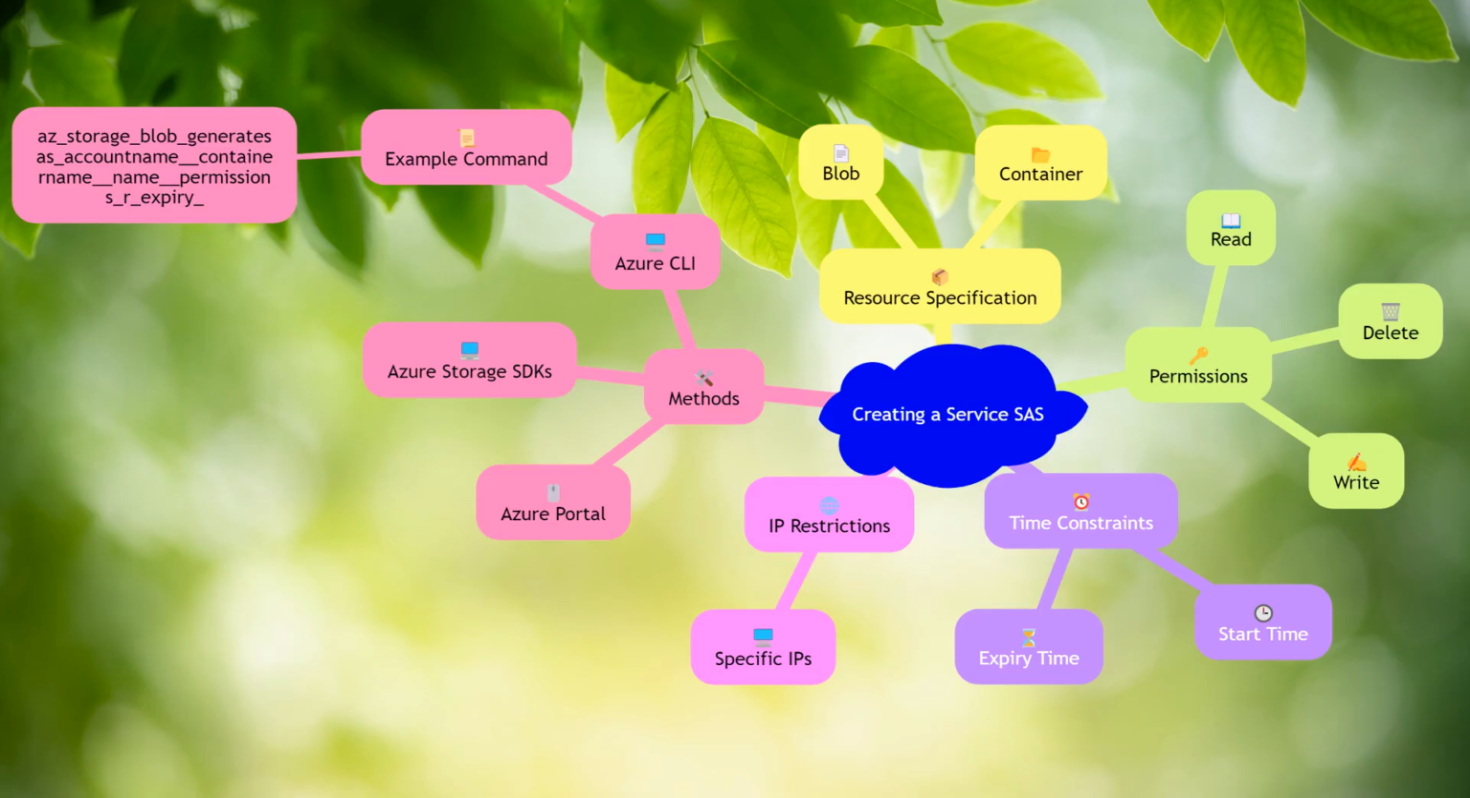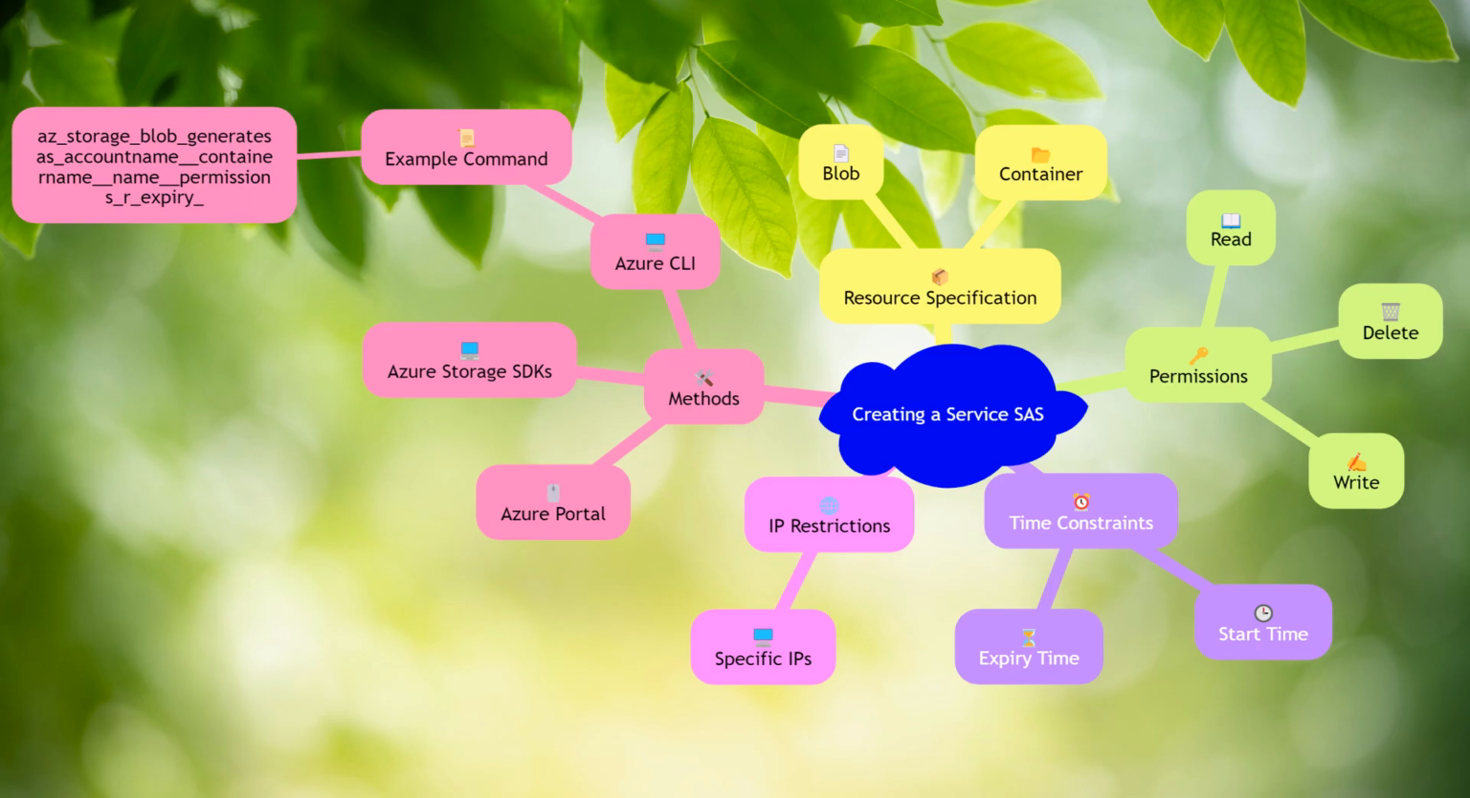Creating a service SAS involves specifying the resource you want to grant access to, the permissions (read, write, delete, etc.), the start and expiry times, and any IP address restrictions. This can be done using Azure Storage SDKs, Azure CLI, or Azure Portal. For example, using Azure CLI, you can create a SAS token for a blob with the following command: az storage blob generate-sas --account-name, --container-name, --name (the blob name),